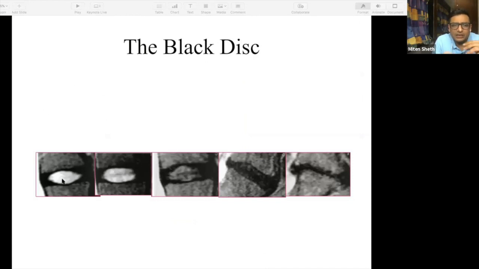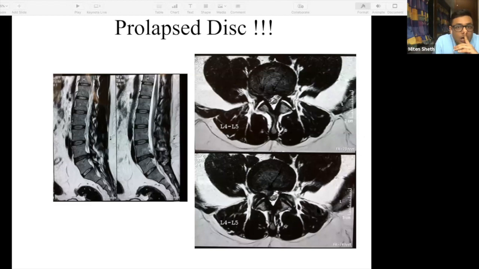Next is what happens to the disc which is degenerated. If you follow the Kirkaldy-Willis classification of degeneration, you have a normal looking disc which will start losing its water content and eventually start bulging and then auto stabilizing. So these are the different forms of disc degeneration that you're going to see on an MRI. Okay, and all of this will cause only and only one thing, and that is back pain. Only when the disc extrudes do they start complaining of leg pain because of the disc problem. Okay, so now coming to a case of a prolapse intervertebral disc, how you read an MRI.